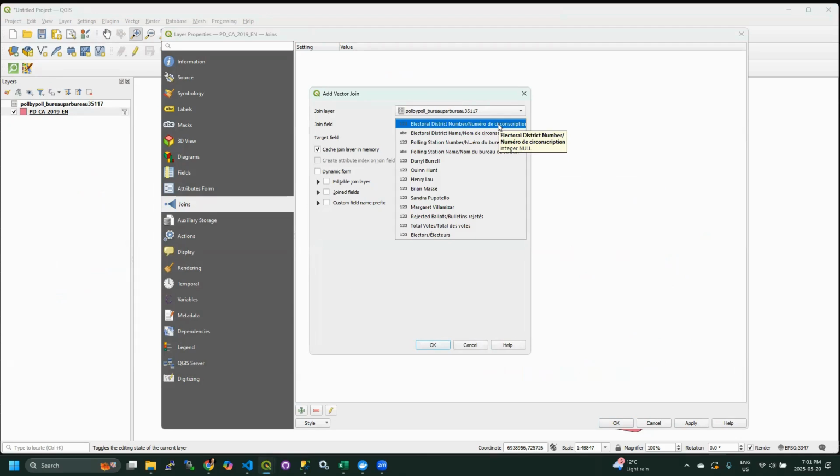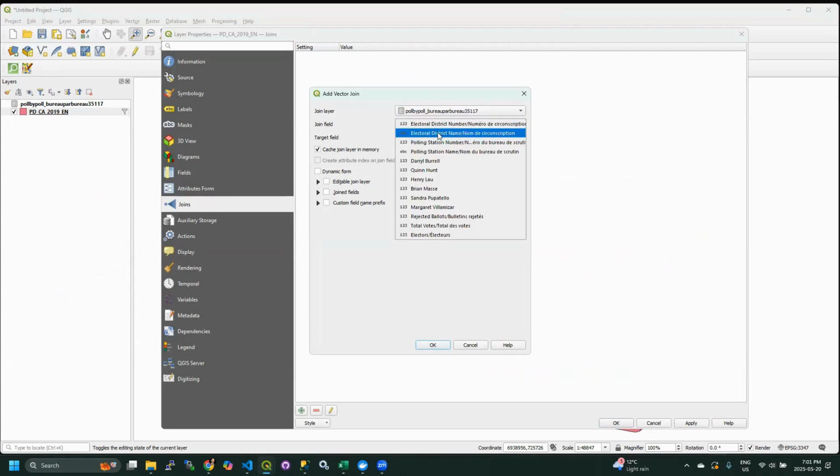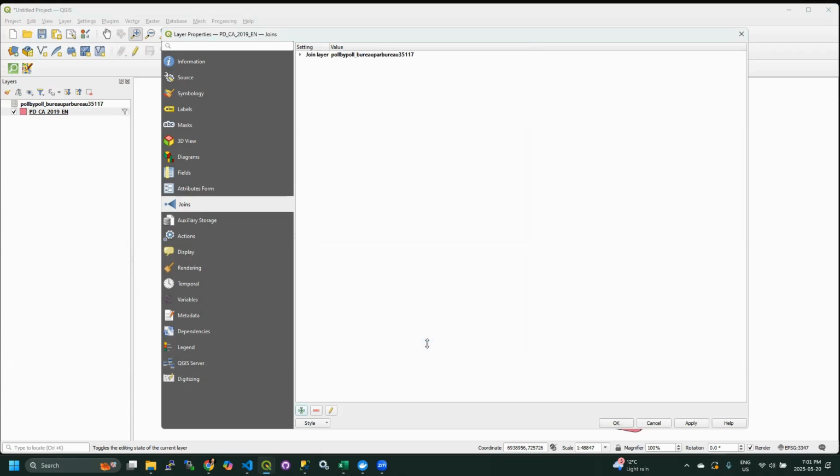Electoral district number is what we want, and we want to match that with, oh no, I'm sorry, polling station number with PD num. That's what we want to do. On the very far left of the field descriptor, you see there is a little indicator, a little icon that indicates the data type. In this case, they're both numeric data, so they should work for a join. Okay, click OK, click Apply,